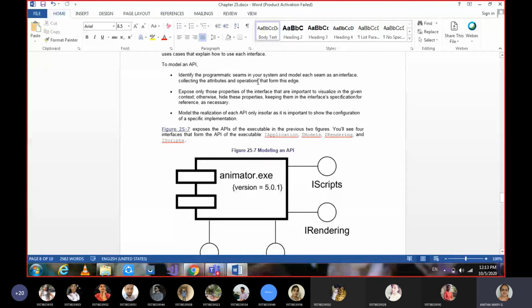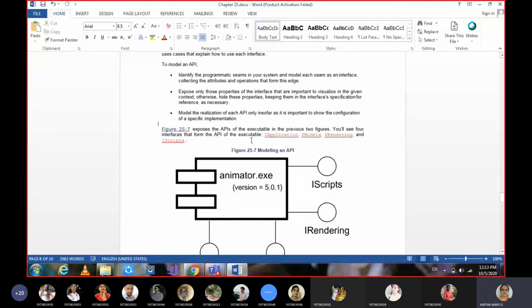Okay, that is nothing but the abstract method it is having. And it can expose all the properties that can be realized based on the context, and what are some hidden properties. If at all you want to expose them, you can give them under attributes. Okay, and the realization of each API can be configured based on the specific implementation.